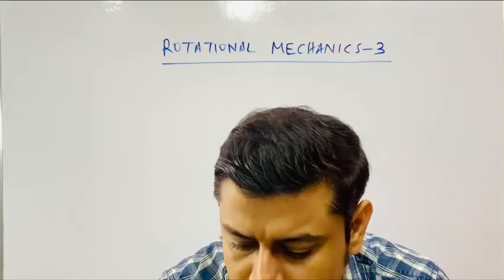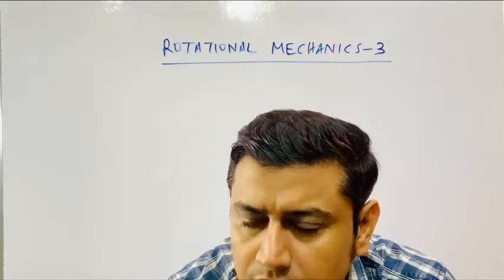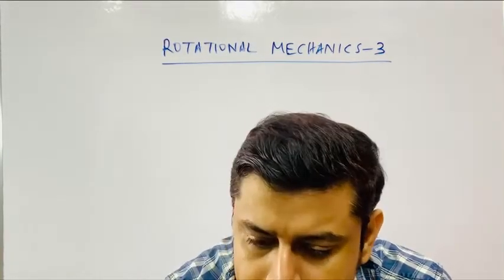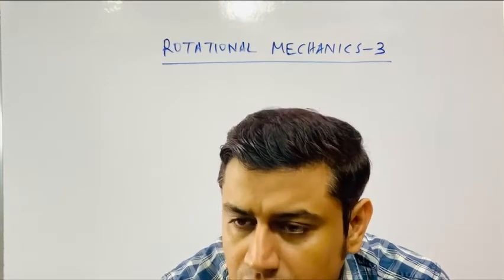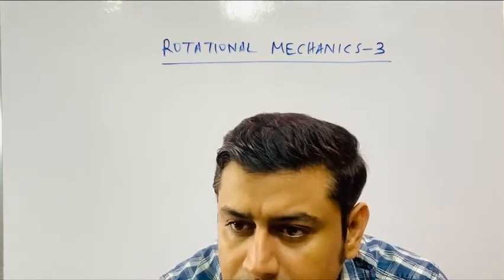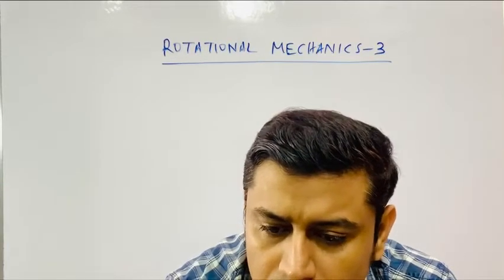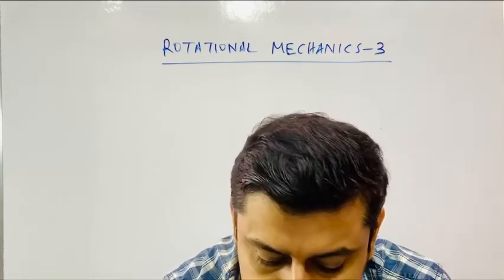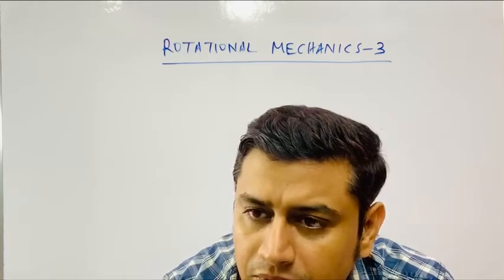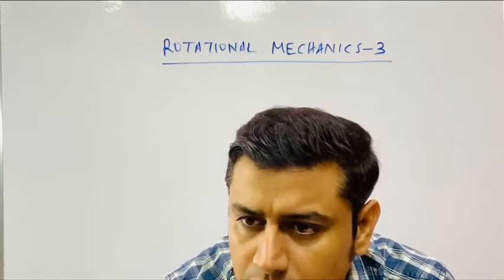So in the last class, we were doing the cases of equilibrium where the net torque is 0. In the case of net torque 0, there is a limiting case. Limiting case means the body is about to rotate, and that case was called toppling. Now we are taking some more cases of rotational equilibrium.